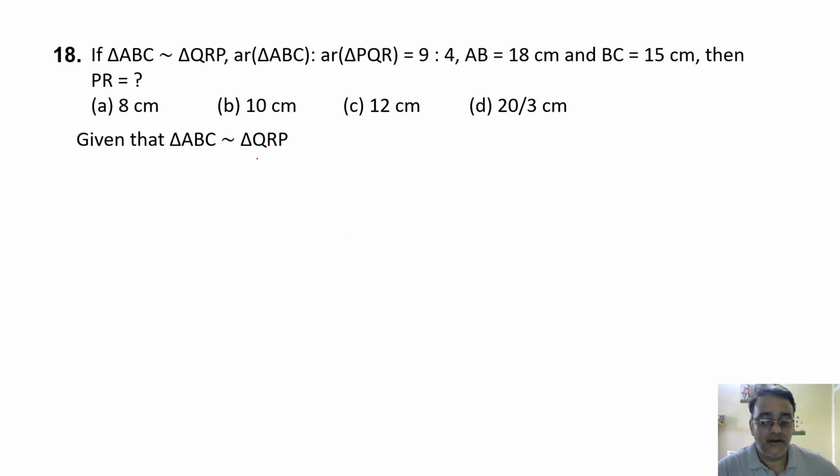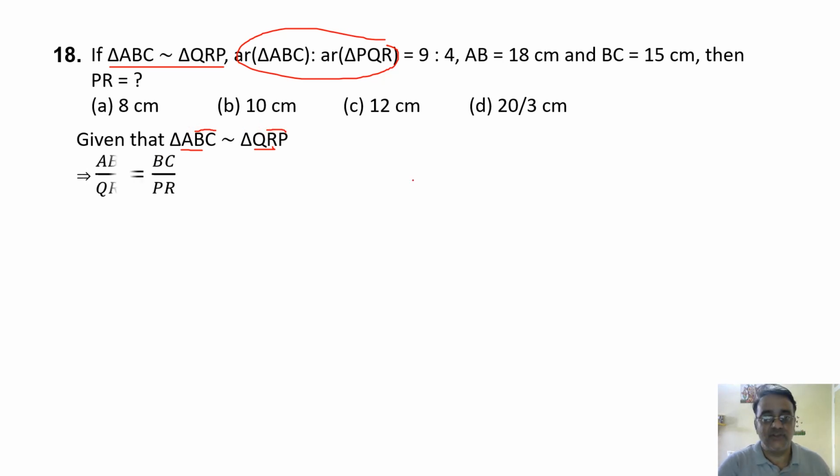Okay, right. So AB का corresponding side QR होगा. क्योंकि ये ratio है. जब similarity हम लोग लिखते हैं तो बिल्कुल symbolic form में लिखते हैं. So AB का corresponding QR है और BC का corresponding PR है, right? RP. So this will imply this because the corresponding sides of similar triangles are proportional, right?